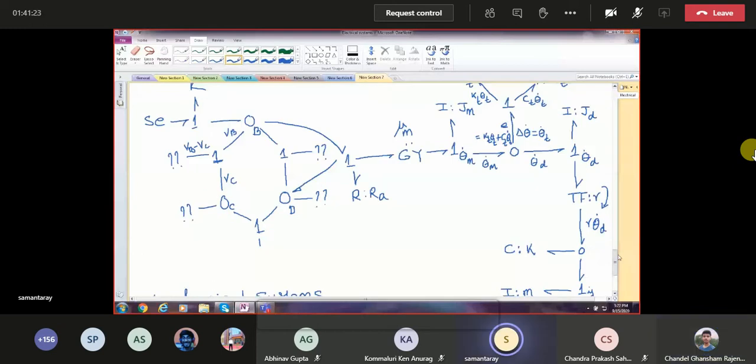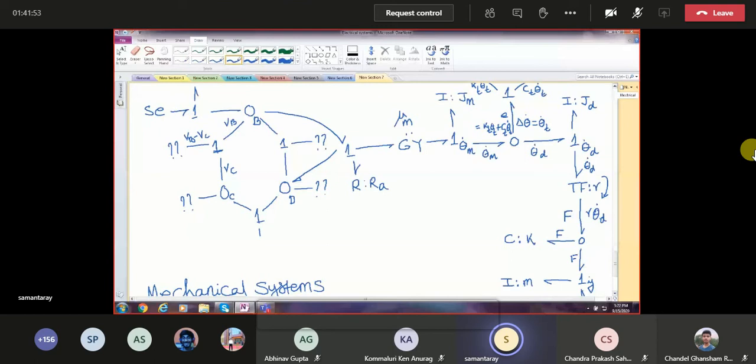See, here. This is the force in the rope. Let this be force in the rope. These three forces are the same. Force in the rope is pulling the mass. Force in the rope is connected to the stiffness of the rope. So if this is theta d dot flow, it is multiplied by r, you get r theta d dot. What happens here to the effort? The flow scales according to the orientation of the transformer. The effort scales opposite to that direction.